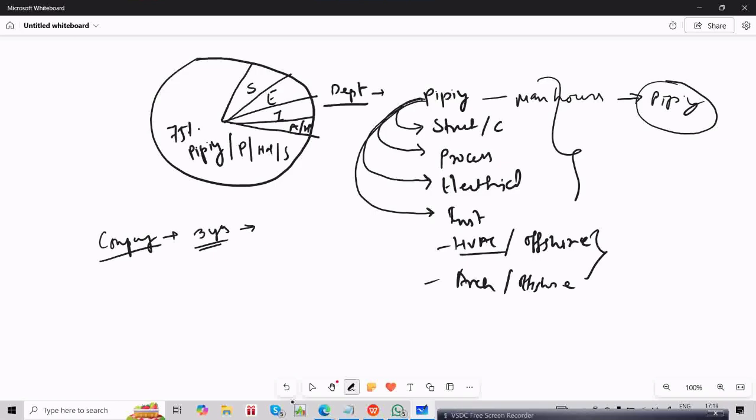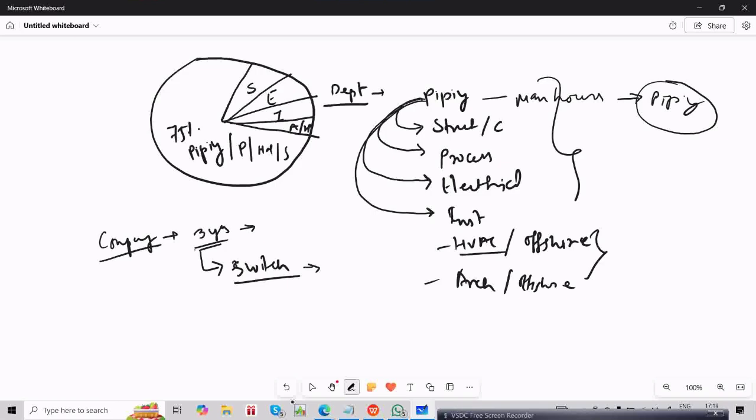So if you want to grow, every 3 years you have to switch. If you stay in a company for more than 3 years, your growth will be limited. So every 3 years you have to switch the company for your own personal growth,